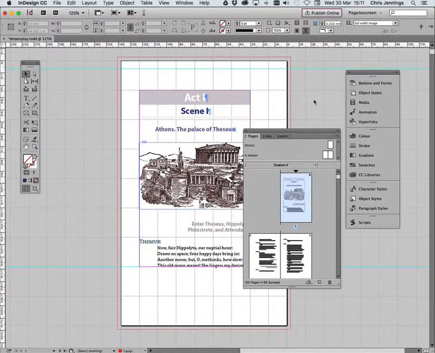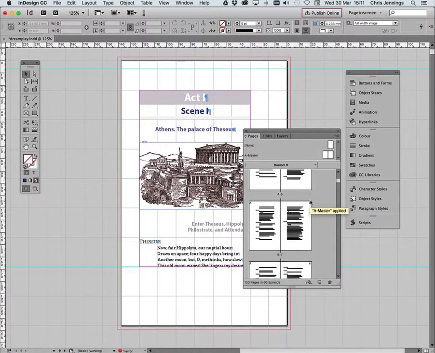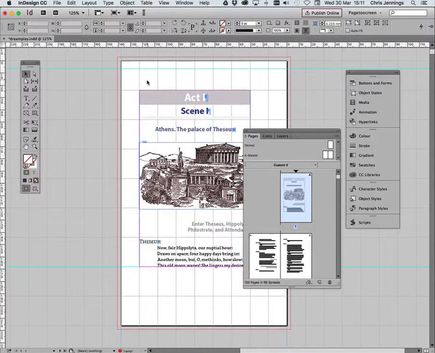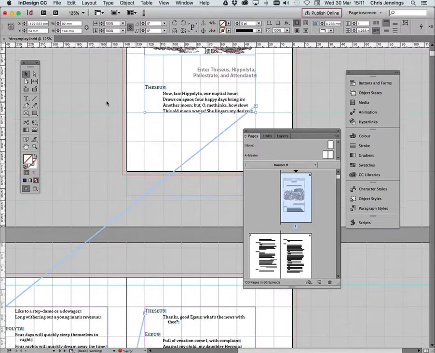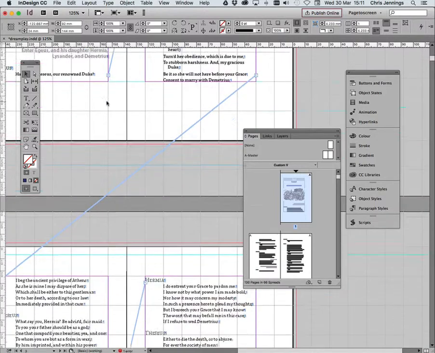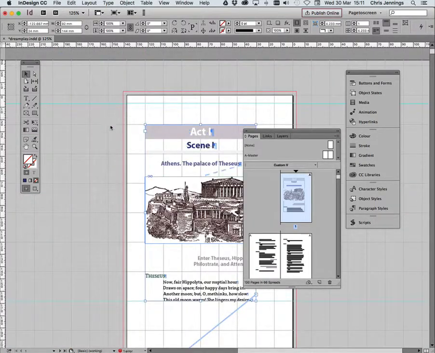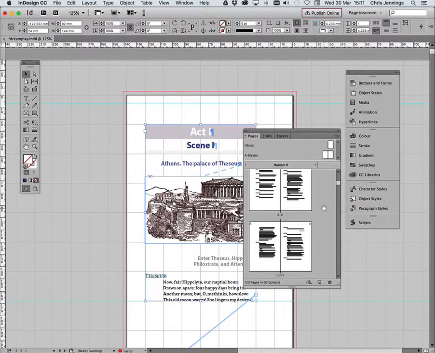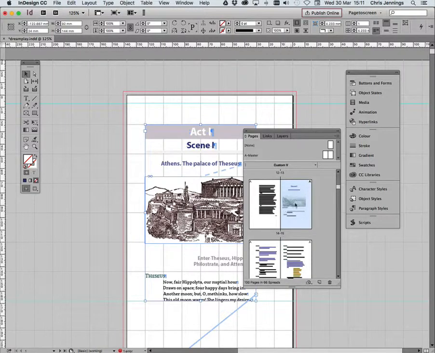So now I have my simplified version of the play, and I simply have the scenes inside the acts, all one flowing document. As you can see, I've got text threading switched on so that you can see that everything is threaded together. What I need to do now is to split this document, and you can see why I've simplified the page numbering, because what I need to do now is to go to the next scene, which is at page 15,